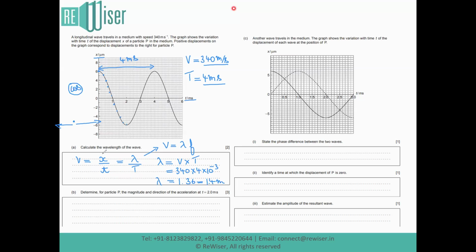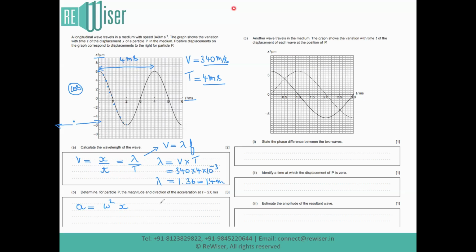This is a classic example of simple harmonic motion. And since the body is in simple harmonic motion, we have the relationship between acceleration and displacement as acceleration a, magnitude wise, is equal to omega square x, where omega is its angular frequency and